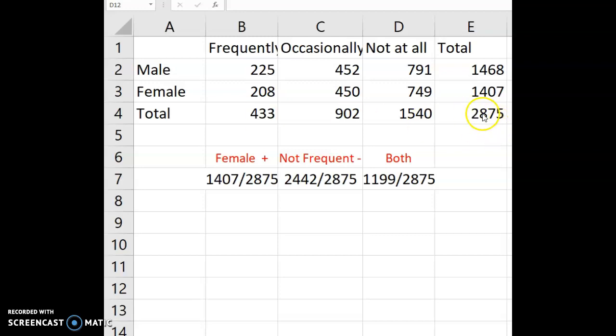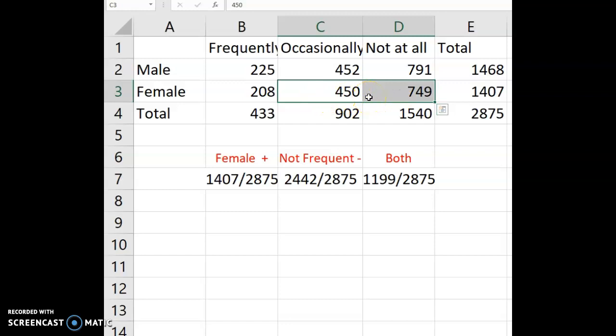So we need to take our total and subtract the number who were frequently involved, and that gives us the total who were not frequently involved. And you can also get that by adding together the totals from the other columns. And so that's the probability of being not frequently involved. Add those two together, but subtract anybody who is both, which in this case would be a female who is